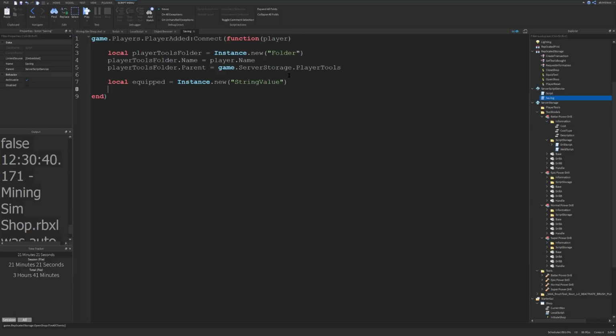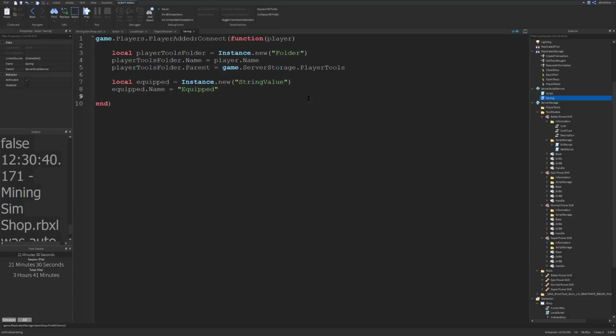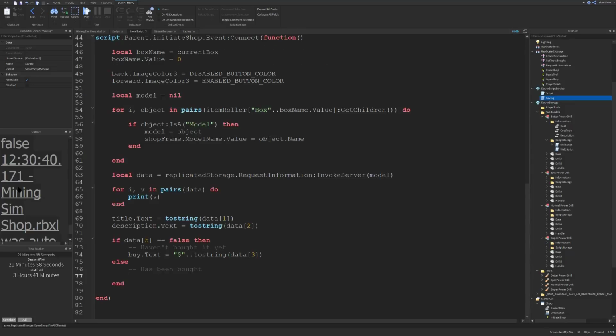And now we're going to give it a name. So we can say equipped.Name equals "Equipped" with a capital E. And we're not going to set a value because when they join the game, no tools are going to be equipped. So now if we head back into the local script here,